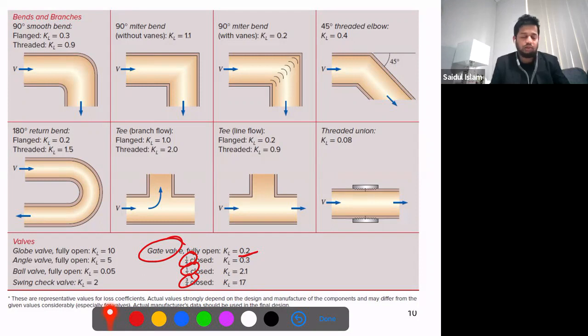the minor loss coefficient. And you look here, when it is fully open, it is only 0.2. When it is just 3/4 closed, you see it's 17. So the valve, that's the only, we can say